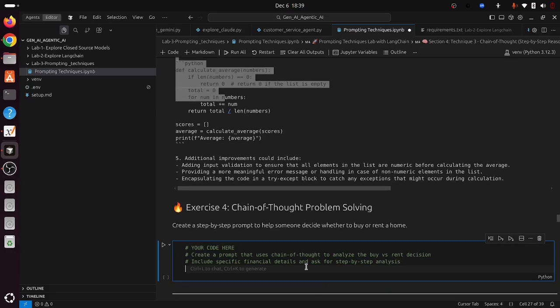So yes, I hope you understood what chain of thought is and why we need it, especially when you're working with complex situations and complex problems, whenever you want AI to do some kind of complex things. When the LLM is struggling, or when you want the LLM to follow your own process, you can just give the steps. That is nothing but chain of thought.